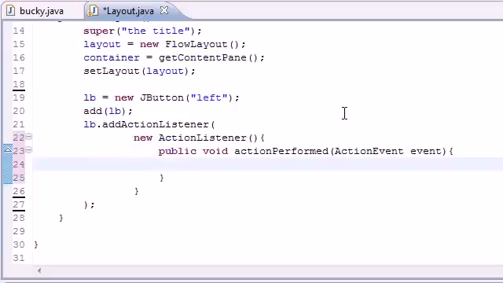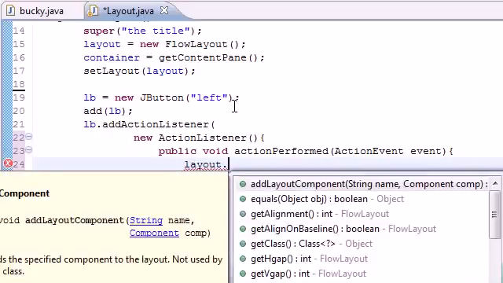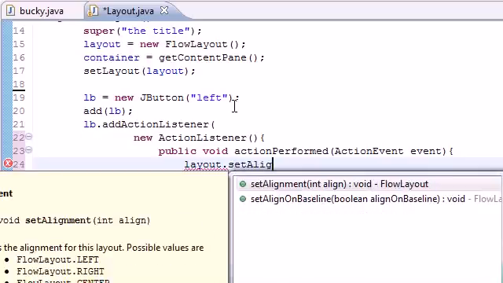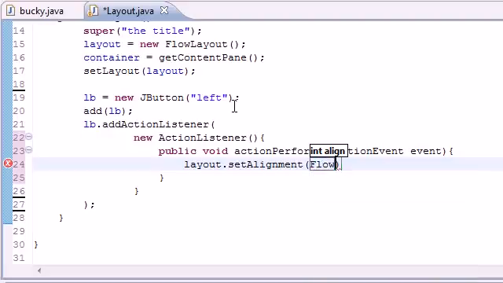And what do we want to happen whenever we click this left button? Finally, after all of this adding, we get to the meat right here, the body of our actionPerformed method. What do we want to happen when we click the button? Well, first of all, we want to change that layout. Since we clicked the left button, let's set the alignment, and it gives a nice little shortcut right there. And what you set it to is FlowLayout.LEFT, and what this is going to do